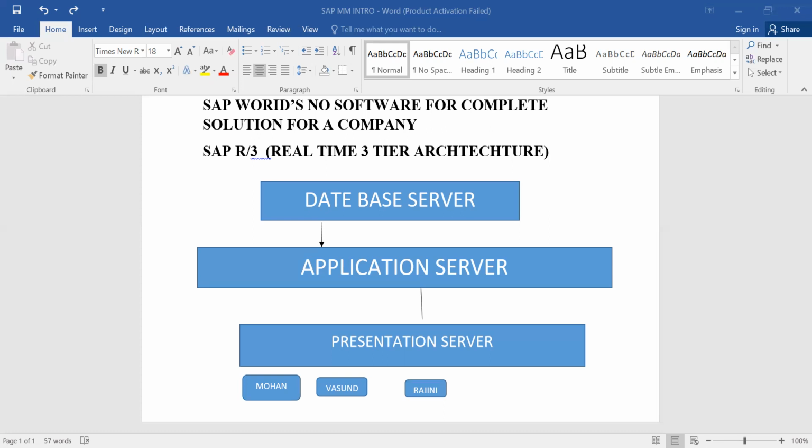This is a technical module. So how to see the technical module? Where the people will work, you see here, SE38, the transaction code. SE38 is the transaction code where SAP ABAPers will work.